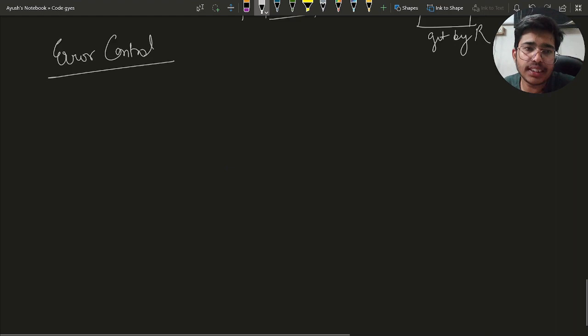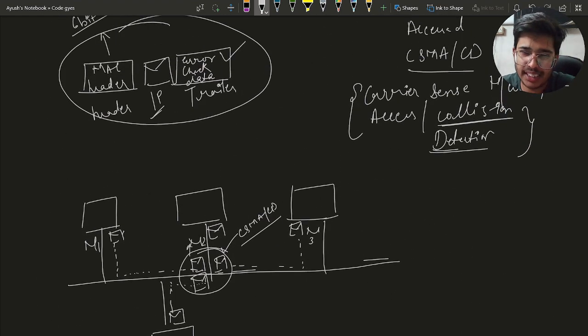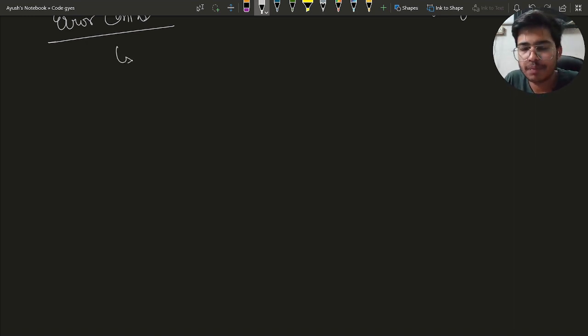What error control does is check for errors in the messages. If an error occurs, it asks the sender to send the data again, and this basically works with the help of ARQ,